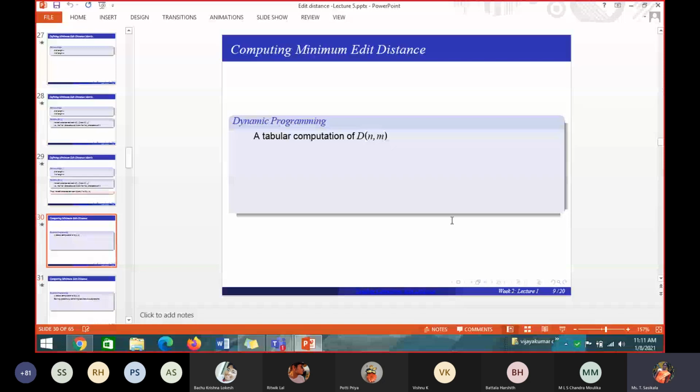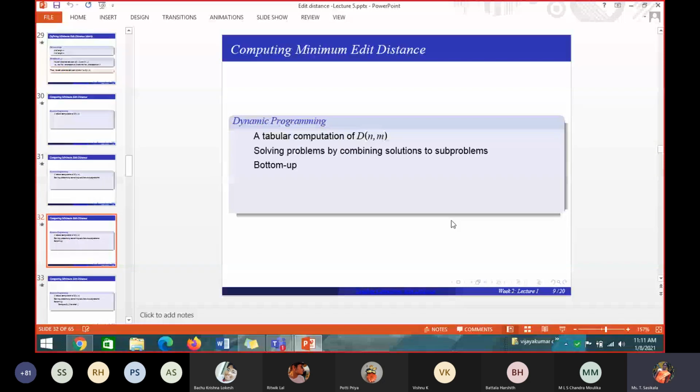Here, in this edit distance measure, we will be using a dynamic programming approach. What is the dynamic programming approach? It is taking a larger problem and dividing it into sub problems, solving each and every sub problem to get to the bigger problem. So from the smaller problems, I will be taking the values to solve the bigger problems. So it is a bottom up approach. It is not a top down approach. From the bottom up, I will solve the bigger problems.